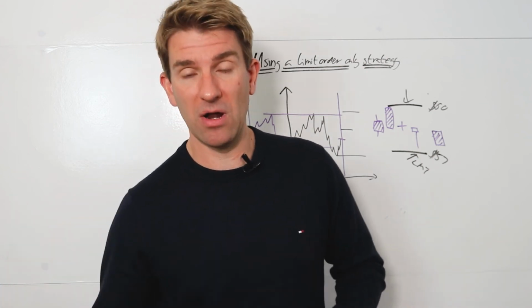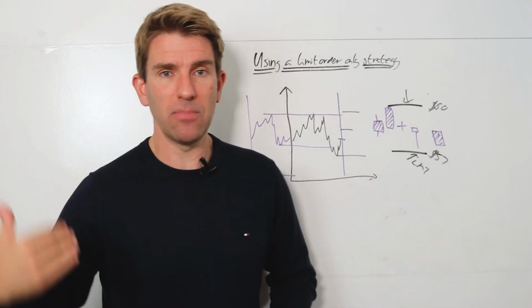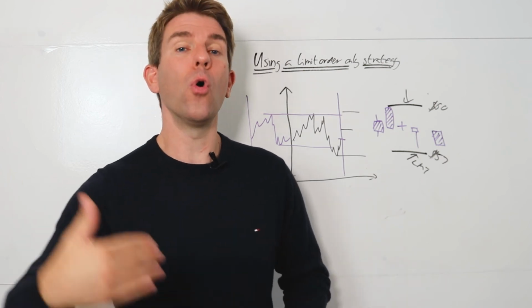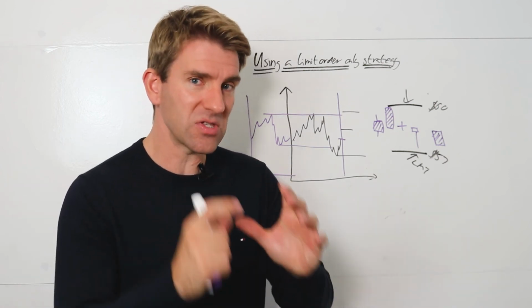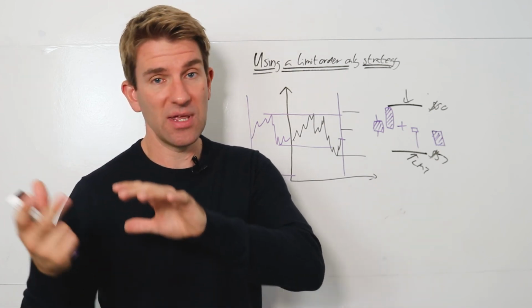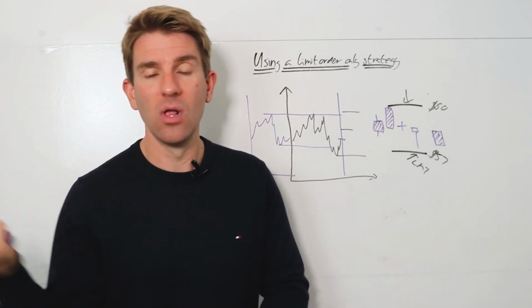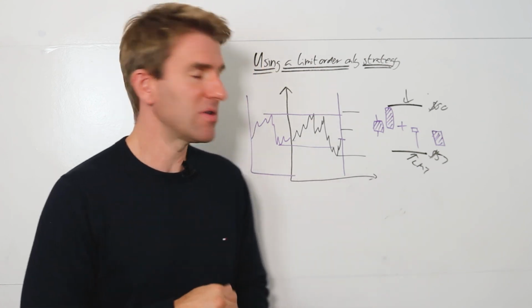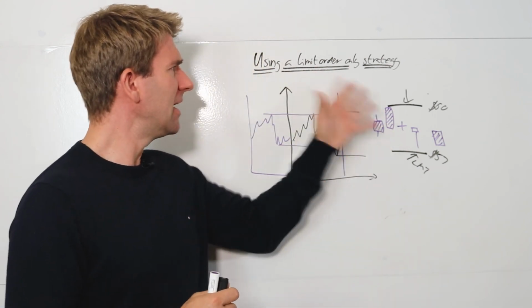So I'm either going to come out at an alert level that I set that's maybe a midpoint or a VWAP or whatever it is, or I want to come out after an hour. So you've got that time-based exit strategy, as well as potentially a key level, maybe a bracket order, or maybe an alert that says, hey, I want to come out at this price as well. So, limit order only strategy: